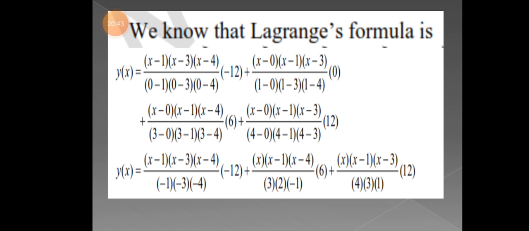Now just see the first value: minus 1, minus 3, minus 4, minus into minus is plus, plus into minus is minus, and there you are having minus 12. So that minus also will be multiplied, which means all the value becomes positive. So the first value becomes positive, and automatically all the minus signs are cancelled. In the second one, just check the denominator: 3, 2, minus 1. No minus was there in any other values. So obviously this second value becomes minus of x into x minus 1, x minus 4 divided by 1 into 2 into 3 into 6. And in the last value no minus was there, so no problem.